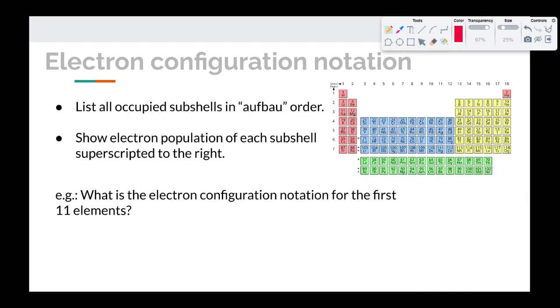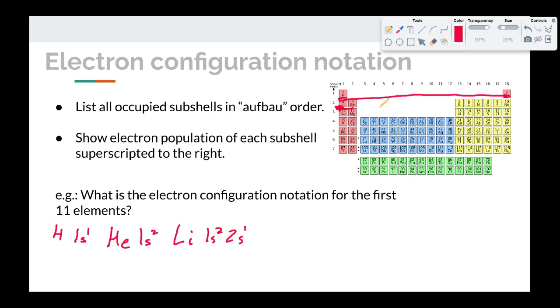So let's do some examples. What's the electron configuration notation for the first 11? Let's start out with hydrogen. Its single electron is in period 1, subshell S. So we would say 1s1. Helium. Now you're through the 1s1 and you're to the 1s2. So helium is 1s2. Lithium. Now we're through the first row. So for lithium, we're going to start out with 1s2. That's full as we go through that row. And then you have to use the 2s subshell for that third electron.